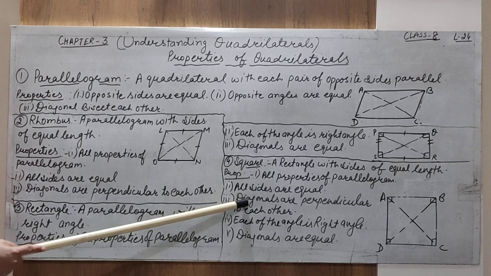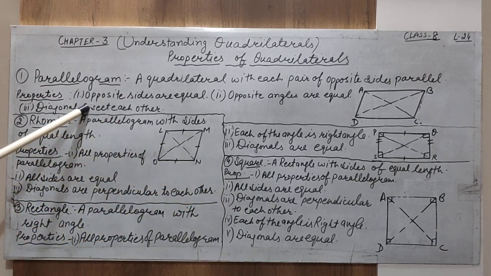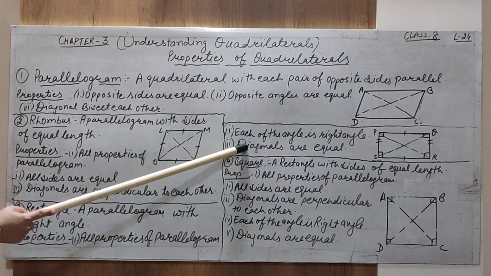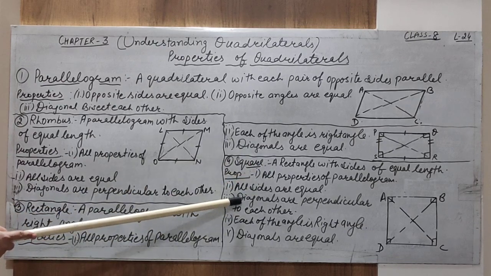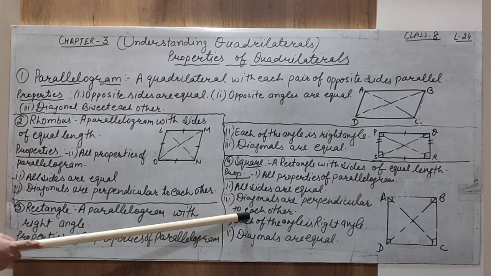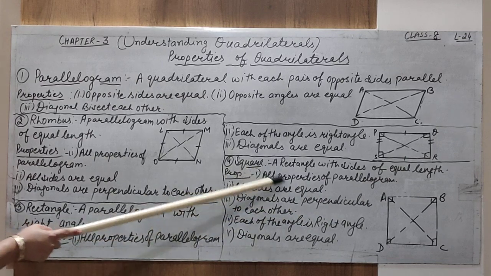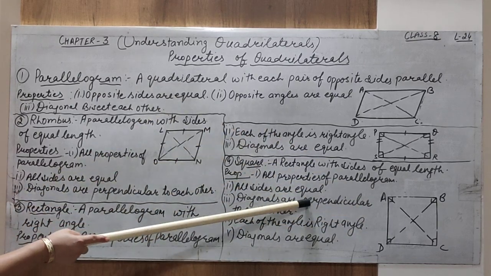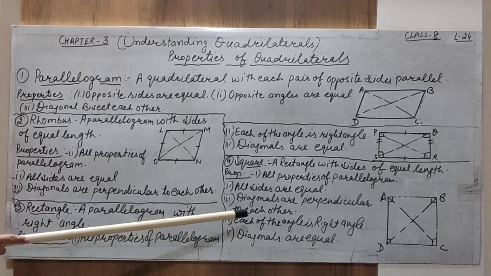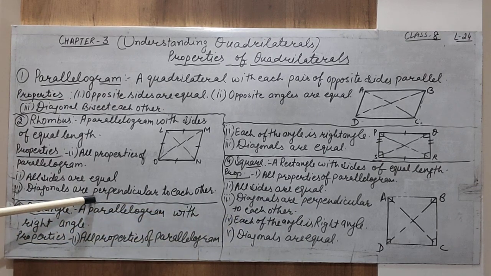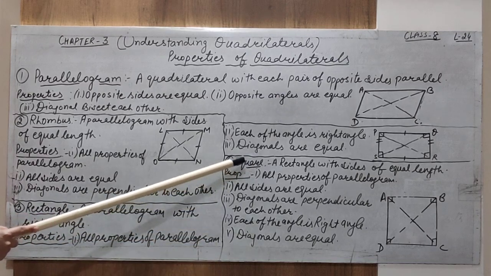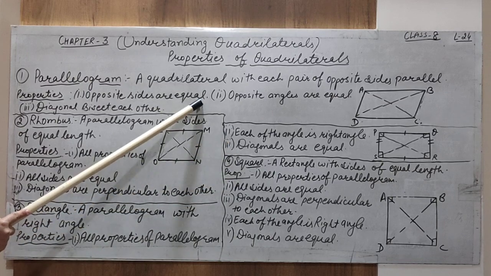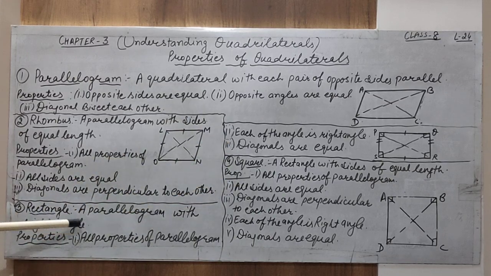Now, see the property of the diagonals. The diagonals bisect each other. Next, in the rectangle, diagonals are equal. And in this case, diagonals are perpendicular to each other. So overall, in the square, the diagonals bisect each other, are equal, and are perpendicular to each other. Now this property is related to the rhombus. So diagonals are perpendicular to each other. So we can say a square acts as a rhombus, a square acts as a parallelogram, and a square also acts as a rectangle,